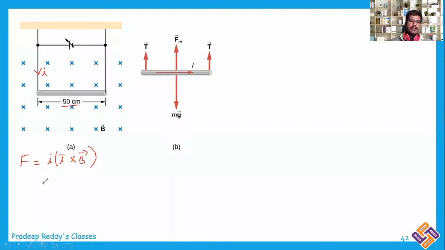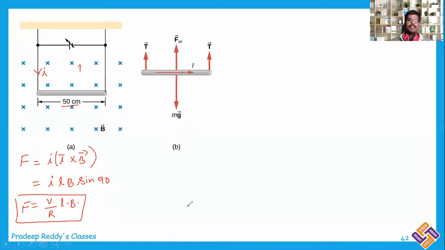B is the magnetic field. This is equal to I L B into sine 90, which is equal to I, which is V divided by R, into L into B. L is already given as 50 centimeter, but the magnetic field is not given to you. Voltage is not given to you. So if the corresponding voltage and current are given and the resistance of the conductor is given, you can find out the net force acting on the system. This is one example. Now coming to example number 2,